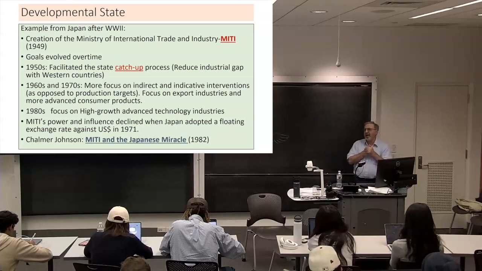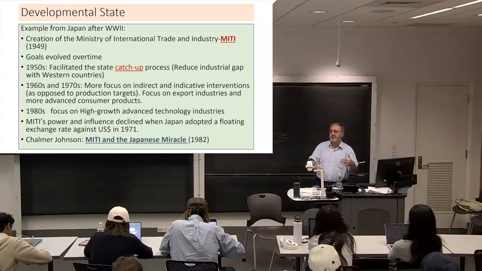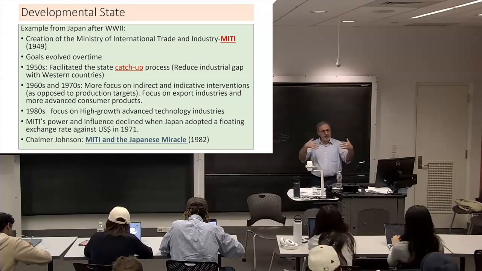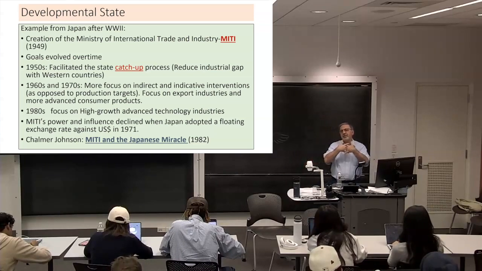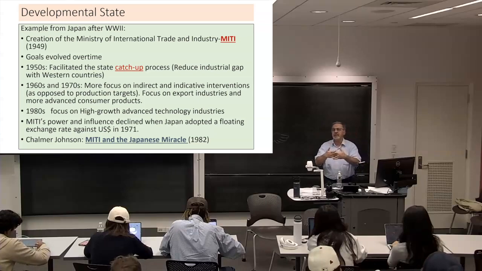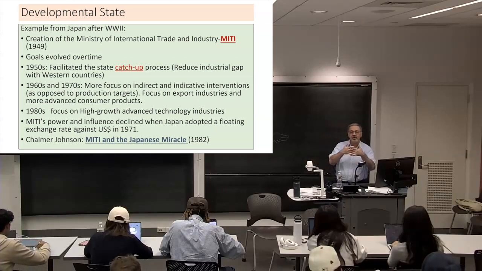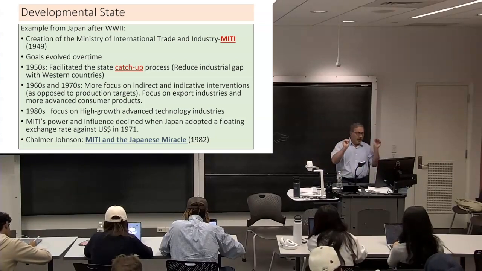After that, it had a democratic government that was imposed by the United States. And the Japanese accepted that government. And that government decided that it was committed to economic growth. Its first priority was economic development and economic growth. In order to achieve that, in order to promote industrial growth, the government took the lead.